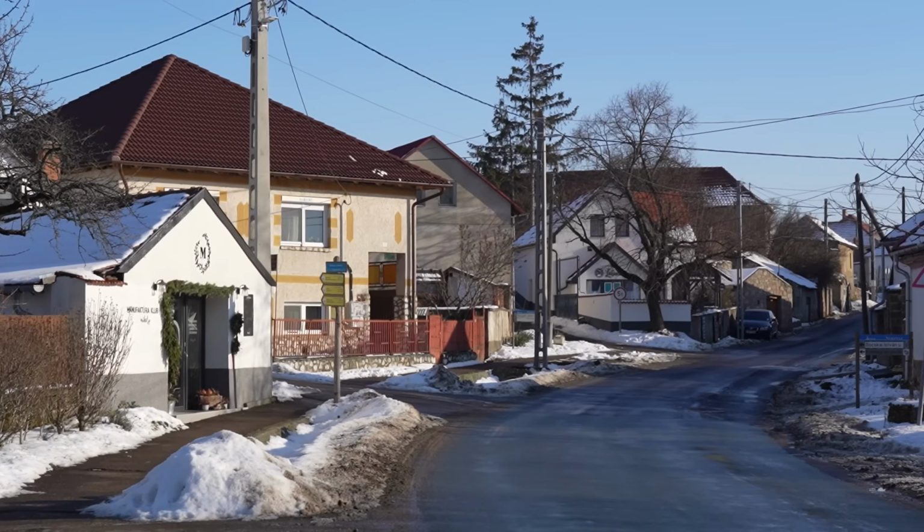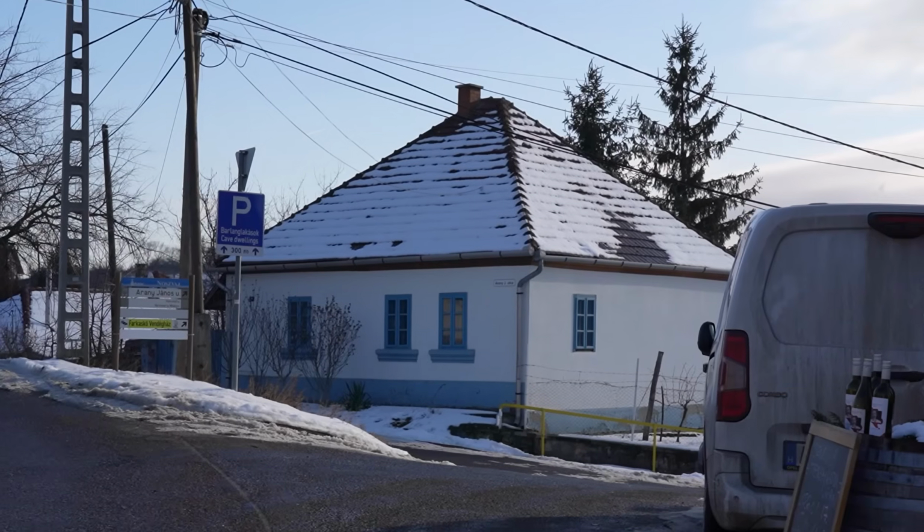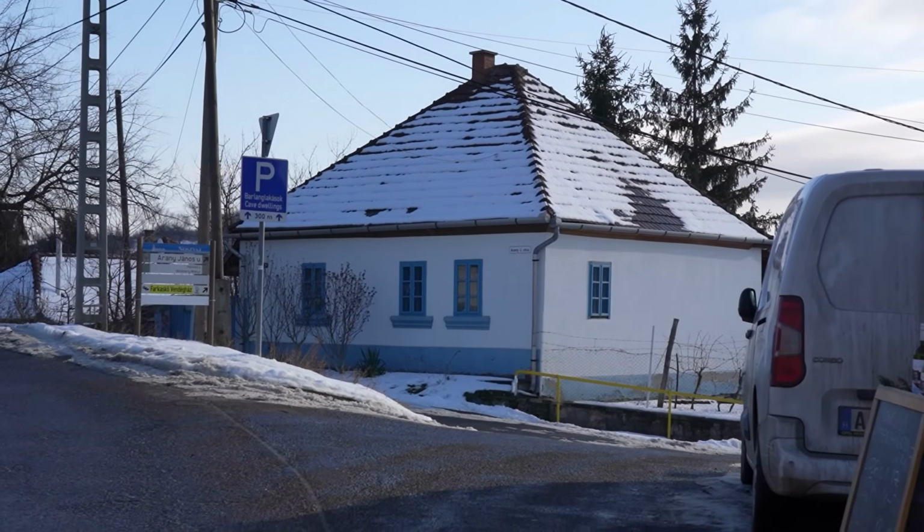The sun just finally came out today. We haven't seen it in weeks. Ever since this year started and all the snow has fallen, we haven't really seen much sunshine, but it's just gorgeous. Right at the time when we got to the cheese artisan shop, there are a few artisan shops here